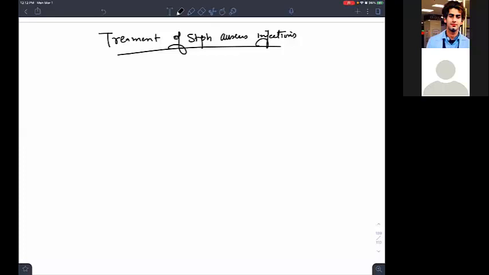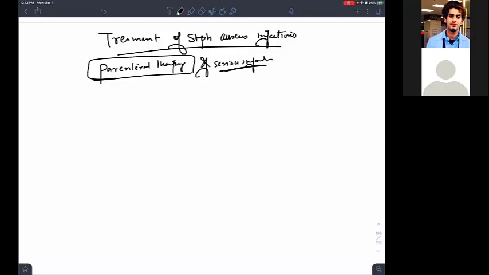Now tell me, if right now the patient is having bacteremia, septicemia, you want to give an abrupt dosage. You want to treat him right now. It is an emergency. So what I will be doing, I will be giving a parenteral therapy. Parenteral means I am not using the oral route now. I am using an IV line, an IM or something like that. I will be giving parenteral therapy only if I have a serious infection. Otherwise oral is good, isn't it?